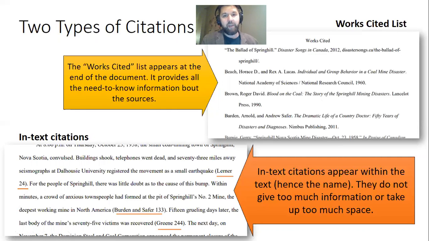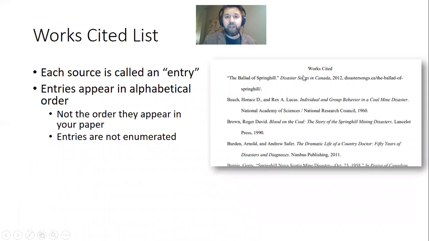You don't have a test on MLA formatting or anything like that. But your takeaway should be, okay, when I need to, how do I get the information I need? And then how do I arrange it in the order that it's expected based on the style. So let's start by looking at the works cited list. Now the works cited list appears at the end of the paper, but we should think about it first, and you should be creating your works cited list as soon as you get a material that's going to go into a paper. Just make your works cited entry the very first thing.